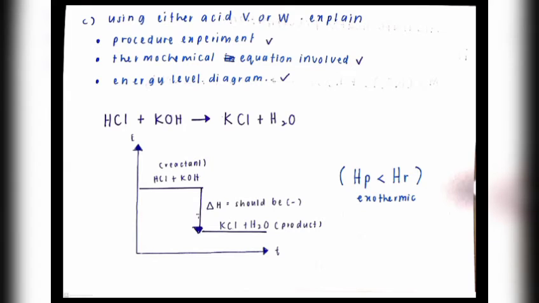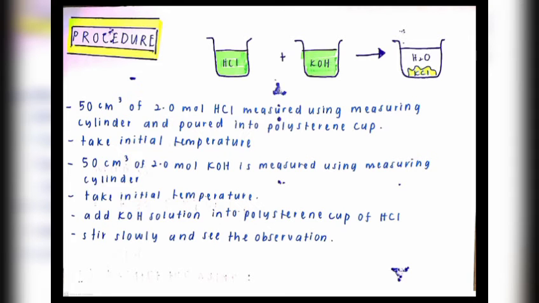For question C, by using either acid V or acid W, describe an experiment to determine the heat of neutralization. In your description, please include the procedure of the experiment, the thermochemical equation involved, and the energy level diagram for the reaction. For the procedure of the experiment, 50 cm³ of 2.0 mole HCl is measured using a measuring cylinder and